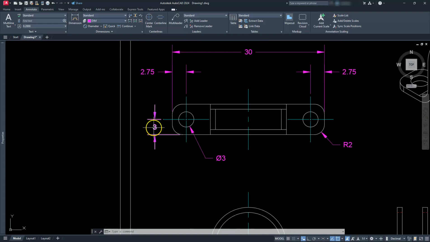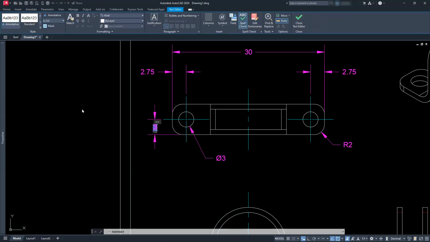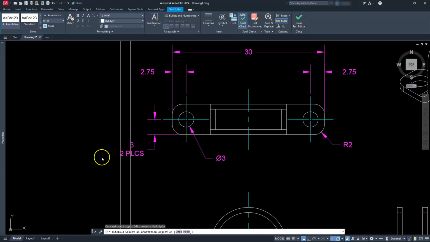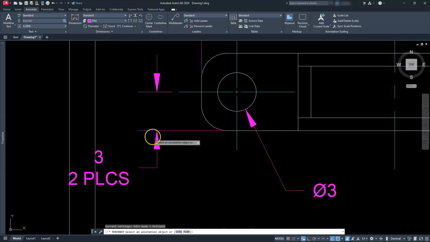I noticed that this applies to both of these circles, so I'm just going to double click this dimension. Then I'll use the arrow keys to get back to the end of that. Hit enter, and then type in 2 space PLCS. I'll hit close on this one. You see it's going to kick it down to the bottom of that. It's kind of sitting on the outside, so